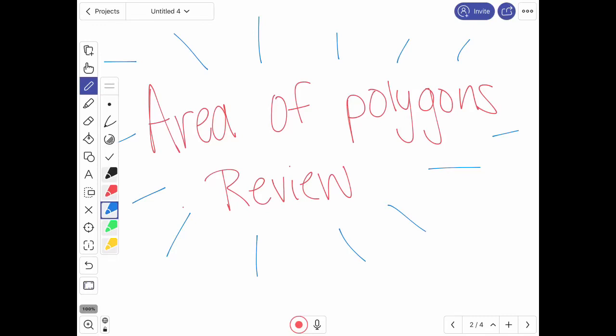Hi guys, so for today we are starting a brand new unit actually. Last Friday we wrapped up with trapezoids, and that's really the last thing I wanted to do with quadrilaterals, so we're actually going to move on to a completely new unit. The unit after quadrilaterals was supposed to be circles, but